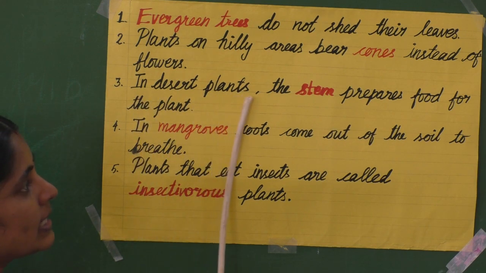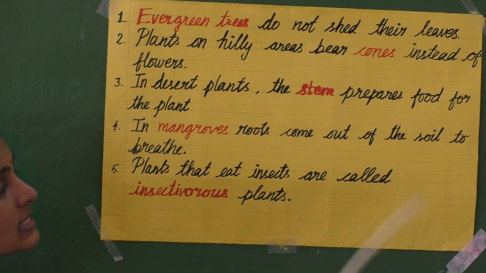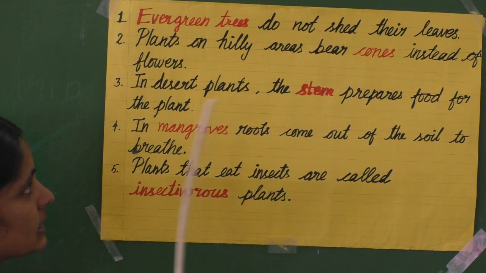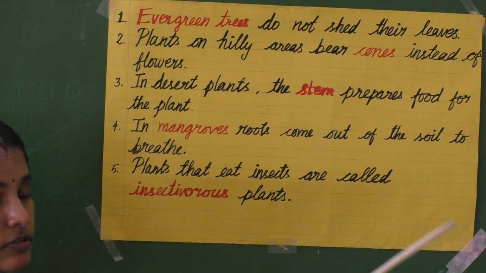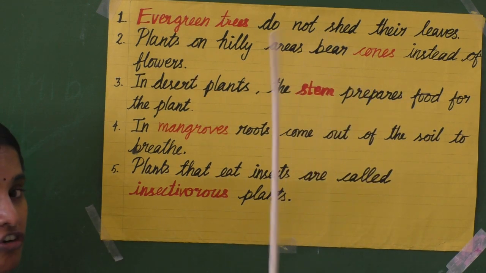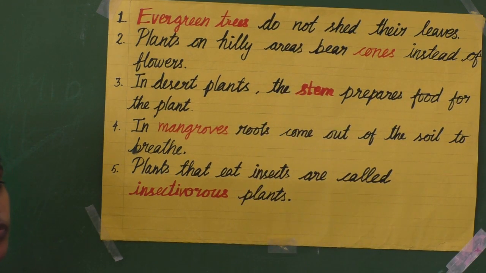The desert plants, which part prepares food for the plant? Stem. Because leaves turned into spines in desert plant, mullu aa maariduchu. So no other go, stem is the fleshy green part. So it is preparing food. Chlorophyll irukum, stem la green irukanaala. So the stem part alone prepares food in the desert plant, stem.